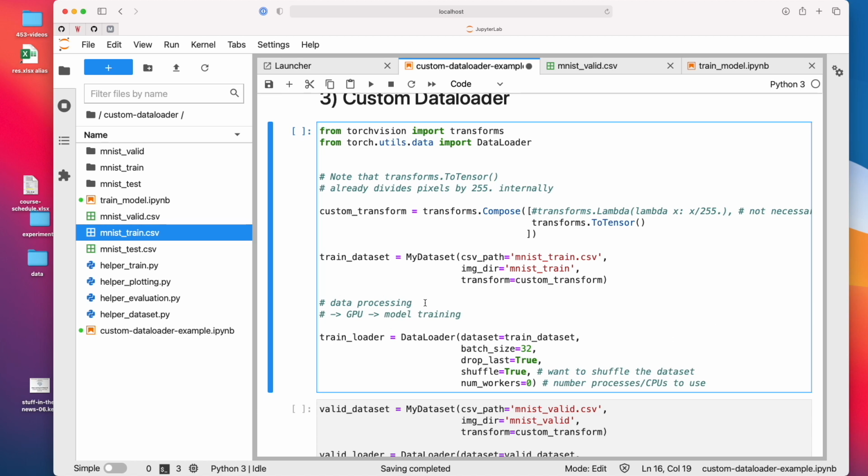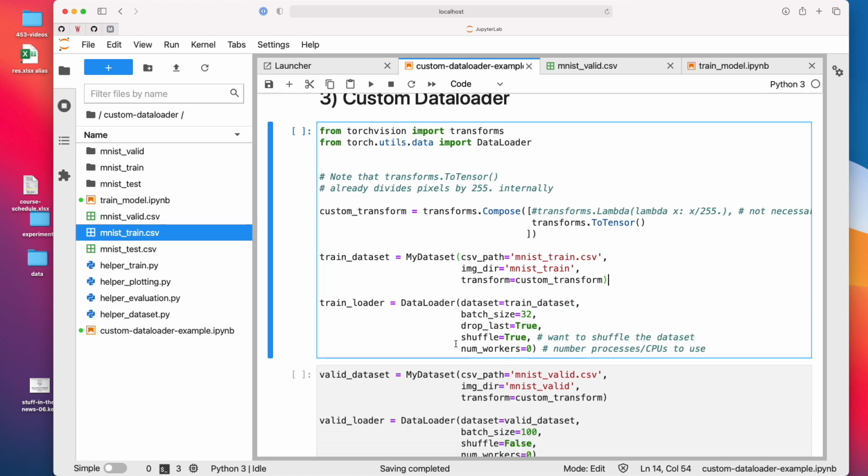So we could have actually multiple CPUs. Via multiple CPUs, we can do the data processing, and then the data is already ready in the memory, and the GPU just has to read it and do the model training. And it never has to wait until the next batch is processed. So in that sense, we can use multi-processing of our CPU to prepare the next batch of images for the GPU, so the GPU doesn't have to wait. For that, we can use the number of workers greater than 0.